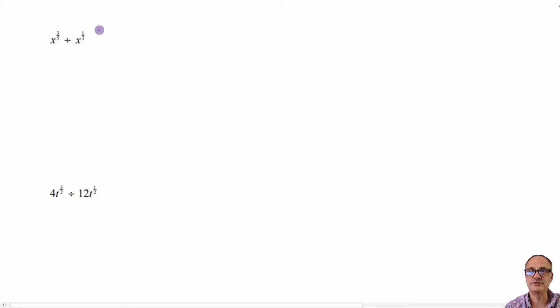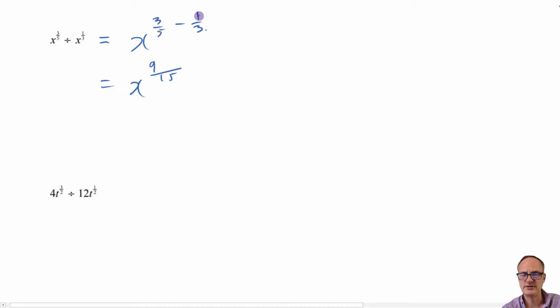Okay, moving on to these ones. So we're going to subtract these indices. So you're going to get x to the 3/5 minus 1/3. So let's put this both over 15ths. So times sum by 5, by 3 even, that gives you 9. Times sum by 5 minus 5, so that gives you x to the